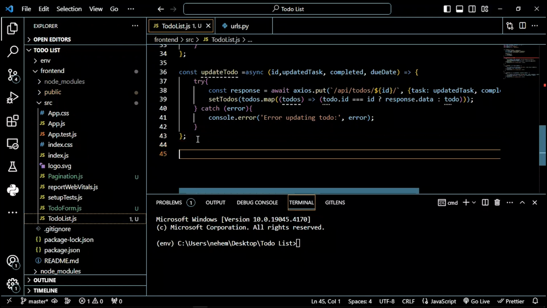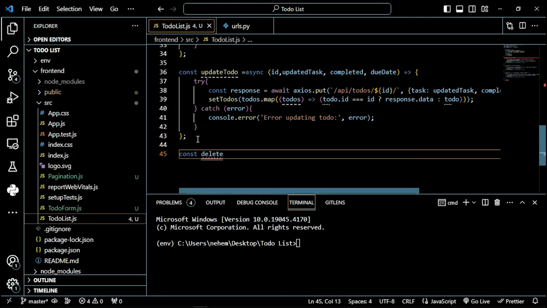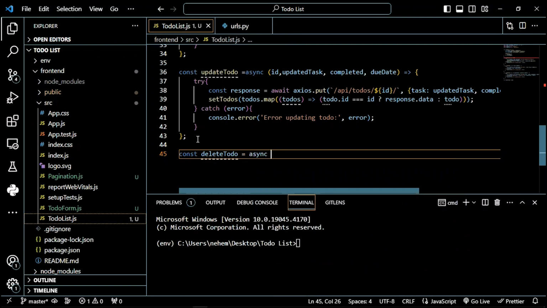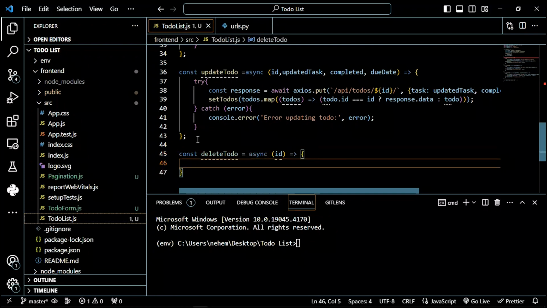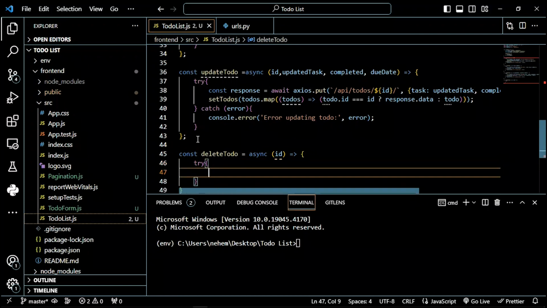So let's say const delete to-do, then we are going to assign here to async, and then here we're going to focus on the id, and let me use an arrow function, and then again we shall begin in the try, and then on this try is going to check on this stuff, await actions dot delete,